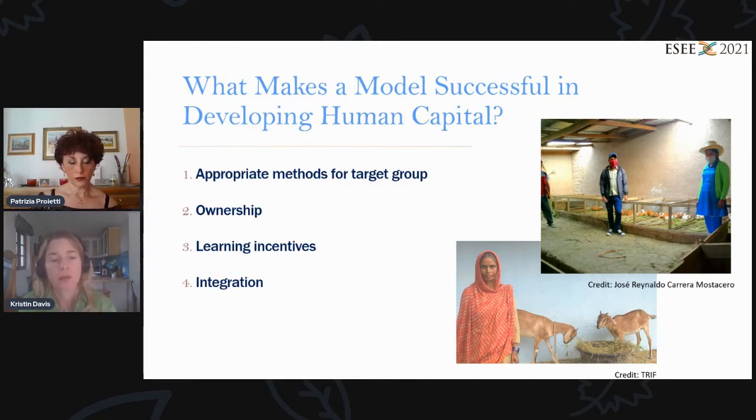Thirdly, we also found that learning incentives were really important. So we saw that the programs that were more successful incentivized the learning based on the farmer realities. So farmers didn't necessarily maybe want to raise their skills on a certain area, but they found that if they had these marketing skills, they were going to gain more income. That provides an incentive for them. So showing them that they can get these opportunities based on their human capital was really important for incentivizing them, motivating them to gain the skills.